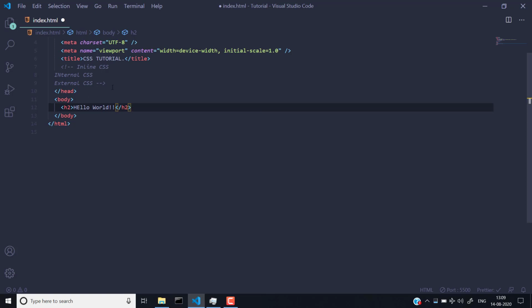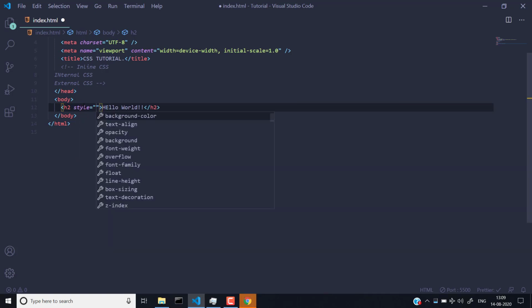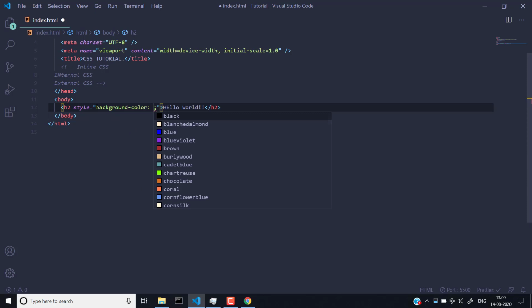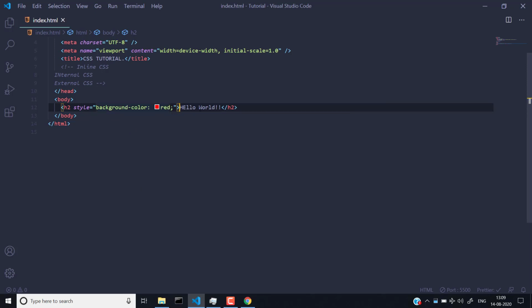So how could we add styling with CSS? When it comes to inline CSS, it's pretty easy and pretty good. What you have to do is go to your element's starting tag, like I go to my h2 tag's start, and right here write style. Now in my style, I have to write equals and then some colon, and now I have many options right here. The main style I'm going to use in this tutorial to explain all that stuff is background color. So let's give it a background color of red, and save the file.